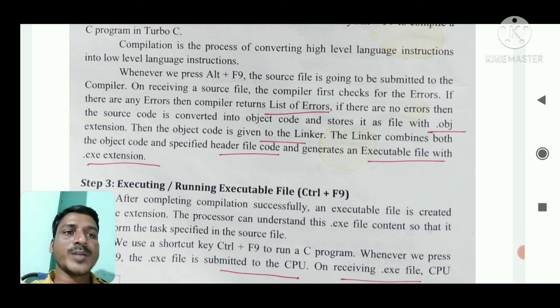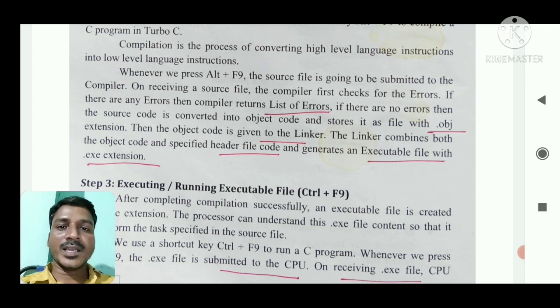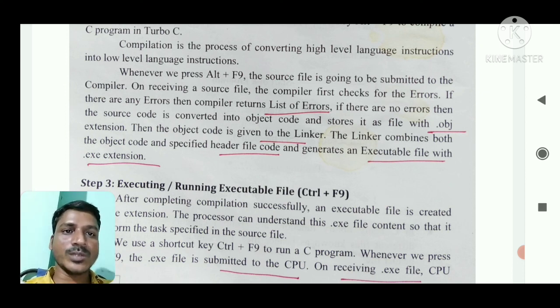So here we can observe that the object code, the .obj extension file, is not directly understood by the computer. This is the intermediate code. So then the linker combines the object code and header files and generates the executable file, a new file.